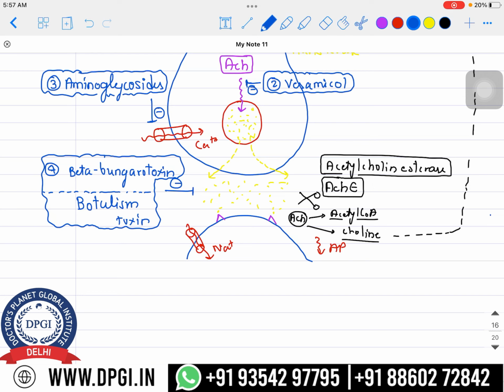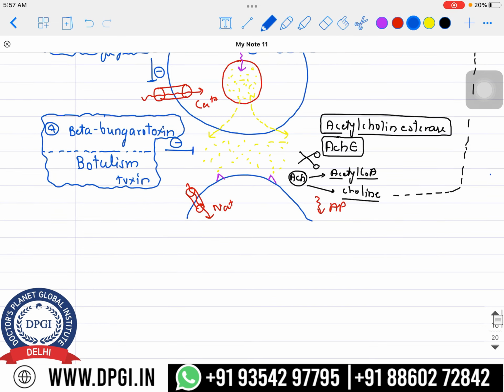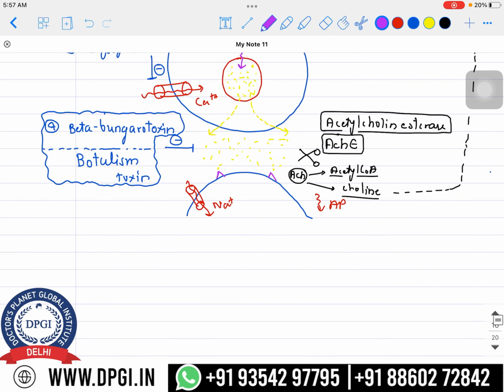Now let's move further and talk about some more things. If you can see some of the receptors present on the postsynaptic neuron, this could be the muscarinic receptor, and this could be the nicotinic receptor. It just depends on the location you are talking about. Either it can be M for muscarinic, or N for nicotinic receptor. We'll talk about these receptors also in a bit.